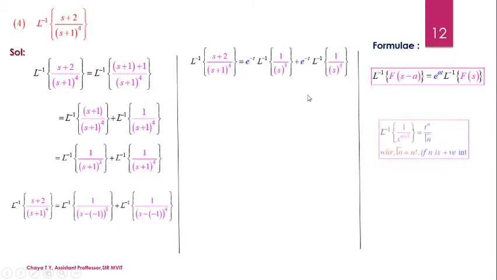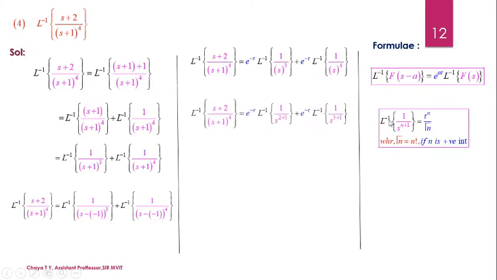We are going to consider the formula for Laplace inverse of 1 by s to the power n plus 1, which is given as t to the power n by gamma n plus 1, because here when I observe, n is a positive integer. So we are going to consider this formula from the table. Now we are going to rewrite the denominator because s to the power n should be in the form of s to the power n plus 1. So 3 can be written as 2 plus 1, and the second term s to the power 4 can be written as s to the power 3 plus 1.